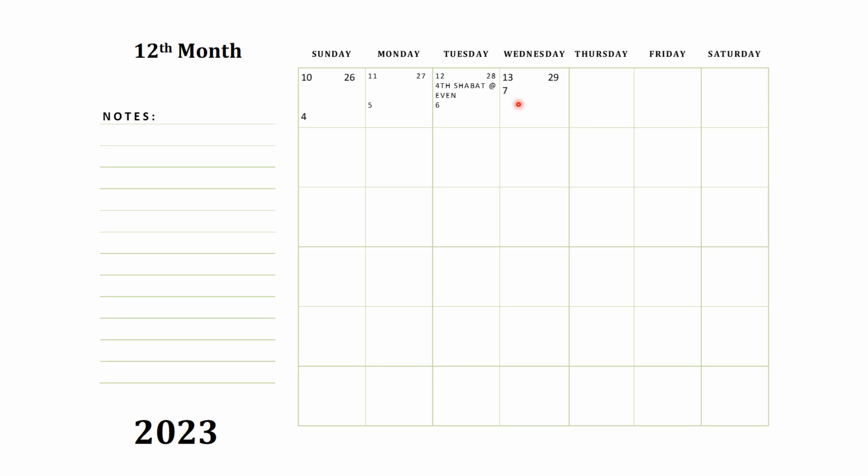And make sure, every time that you do something on the calendar, make sure you hit save. I already saved it as the 12th month. Make sure you hit save so you don't lose none of your work. If the power goes out or whatever the case may be, you might lose that work. So you won't have to start over. Just hit save each time.